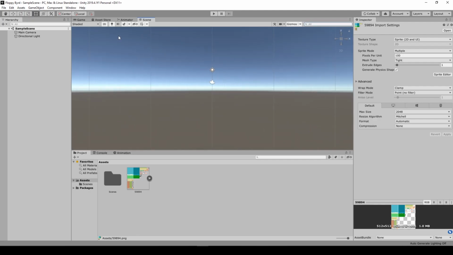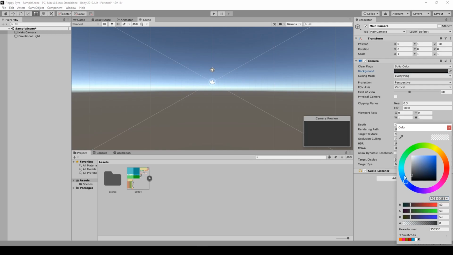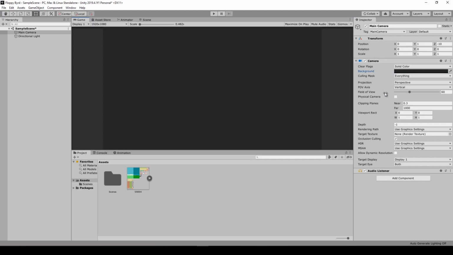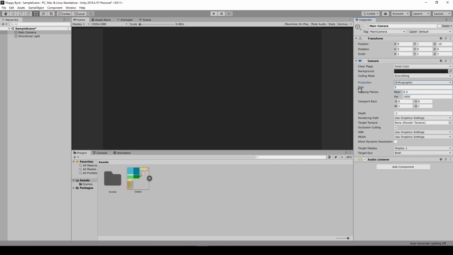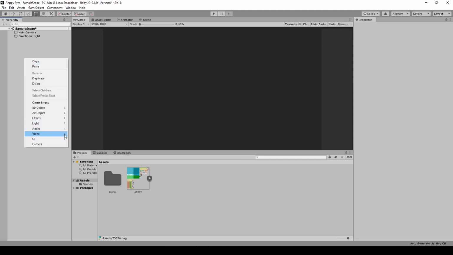Let's change to 2D. Let's go to the main camera, change it to solid color, and make it darkish, not black, but darkish. And I have experimented with different sizes of the orthographic camera, and to be honest, 1.3 will do the work if you use this particular asset sheet, because as you can see, we'll